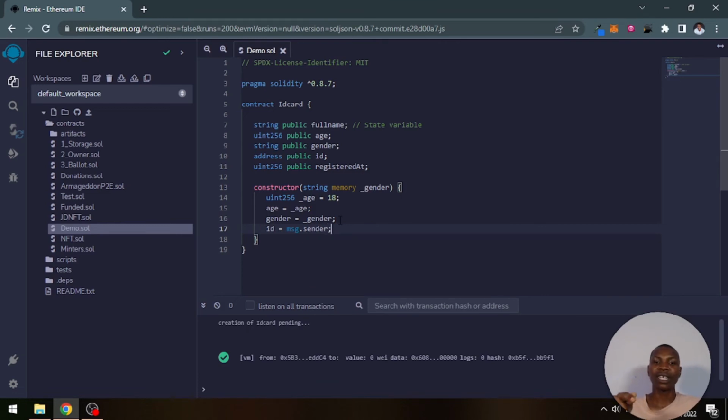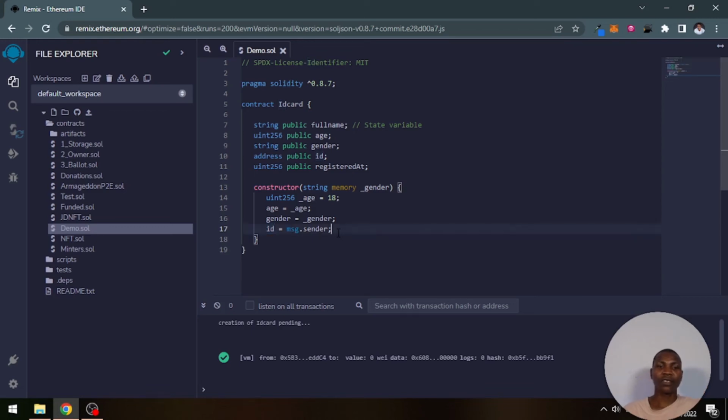And this is really important: whenever this smart contract is deployed in the network, this is the first function that is executed, and all the information is stored. Any block of code written in it is executed, and that is it. So the person that deploys the smart contract is the sender, and we will make that the ID of